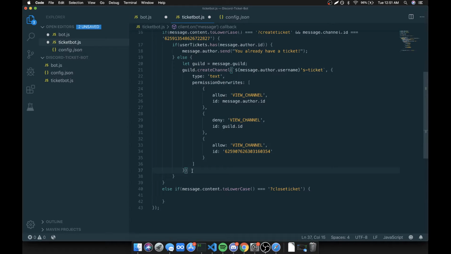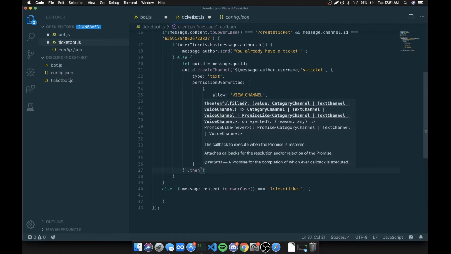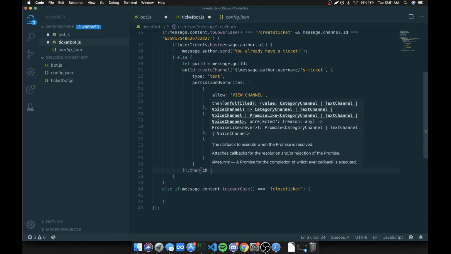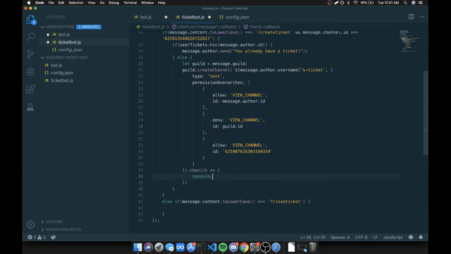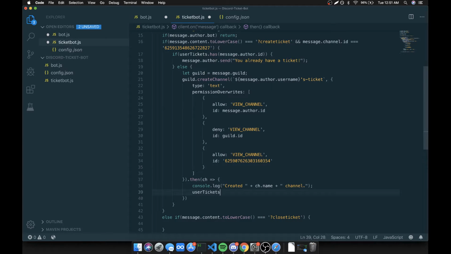Okay, so all the way at the end, as you can see where there's parentheses over here on line 37, notice how this ends over here. We're going to say .then, and I'm going to say, let's see, ch for channel. And what I'm going to do is say console.log created channel. Okay, and then I'm going to say userTickets.set(message.author.id,